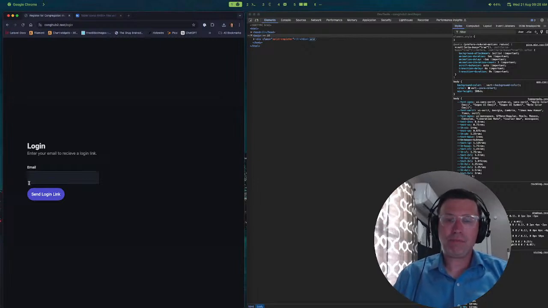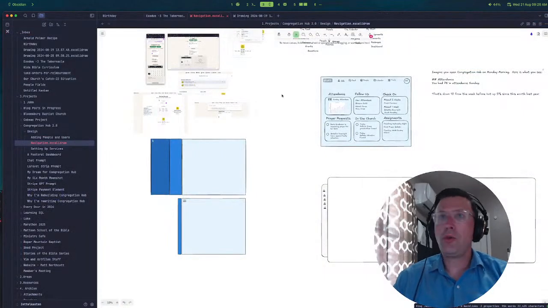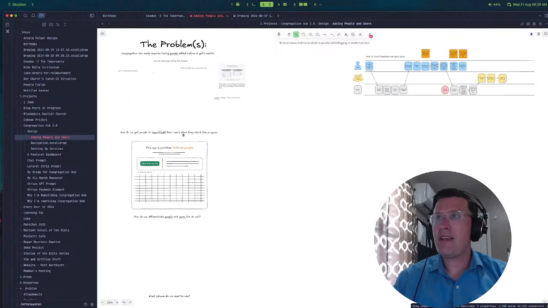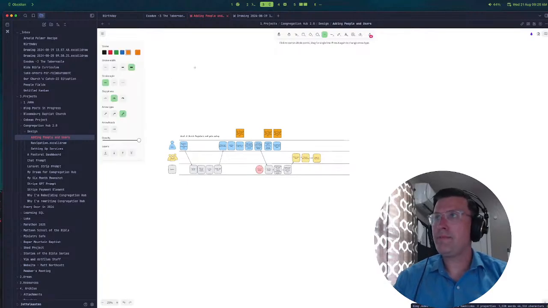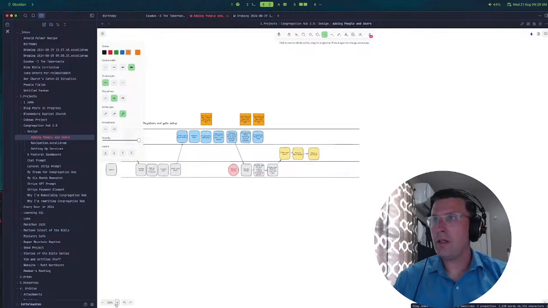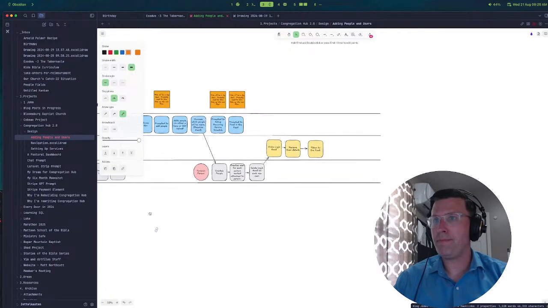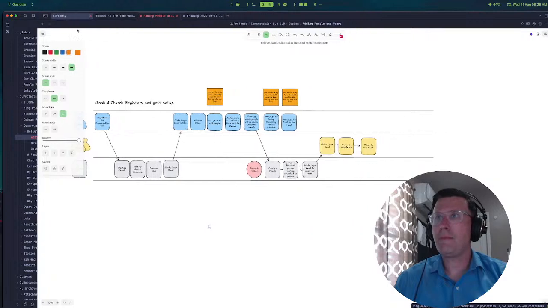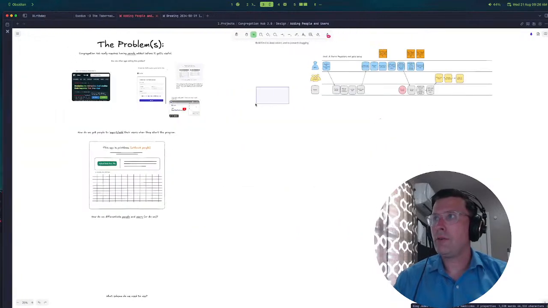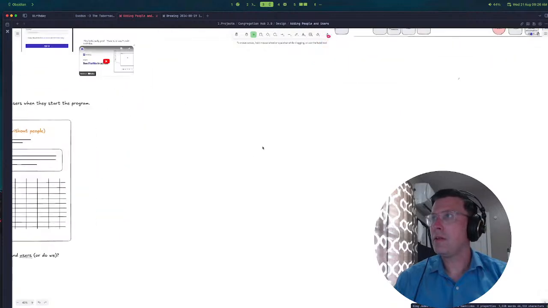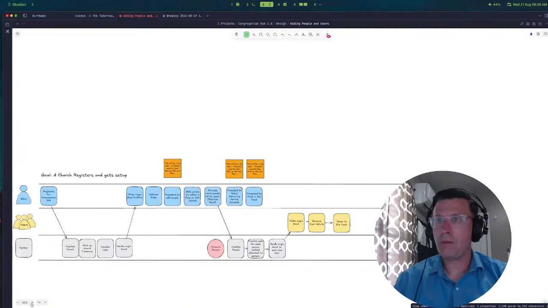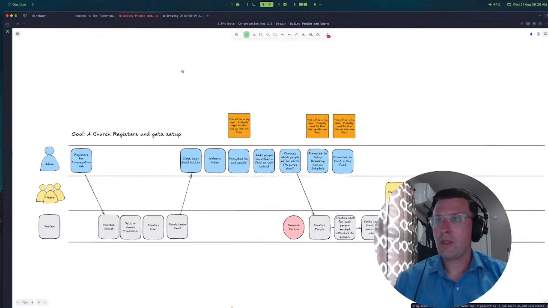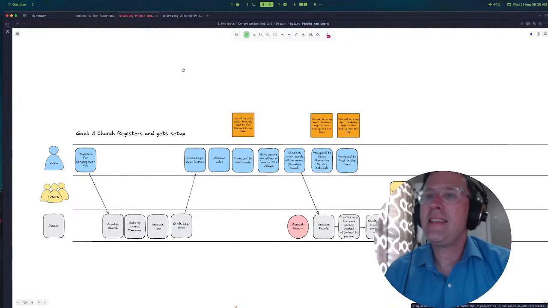So I want to go to my handy dandy tool here, and I'm going to go back to this adding people and users, and zoom in to this user story map here. Hide the sidebar. Of course, that just broke the. Okay, let me zoom in a little bit more. Okay, so this is what happens when somebody signs up for